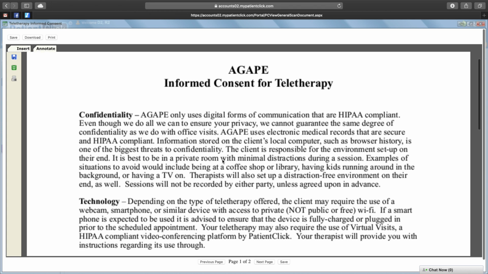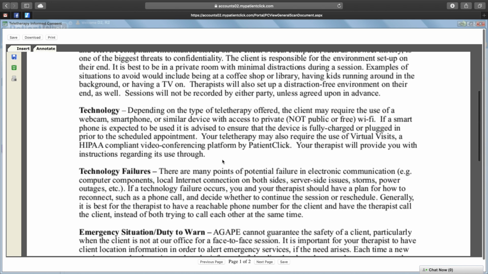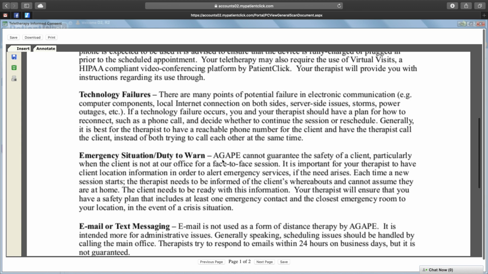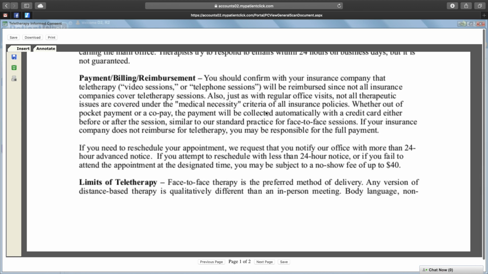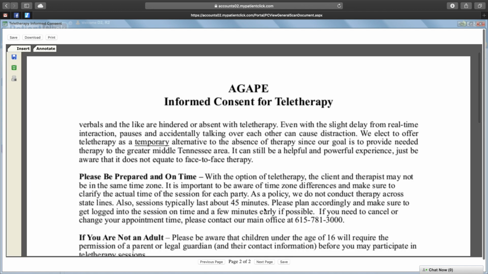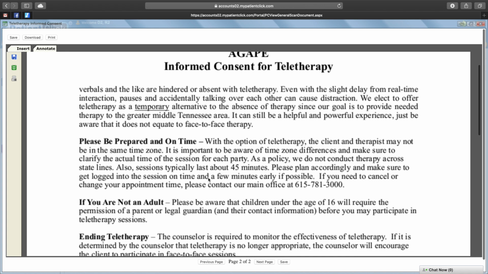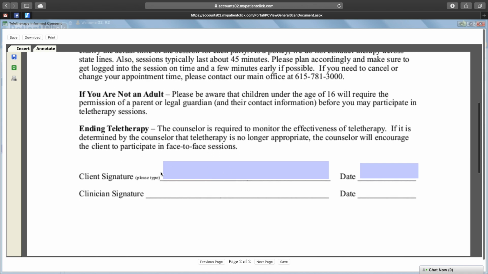We ask that you read through that. There are things specific to doing teletherapy that don't necessarily apply in a regular session. Once you've read the first page, you just go to next page and then finish reading that. Once you've done that, then you can click into this box and type your name and then the date,